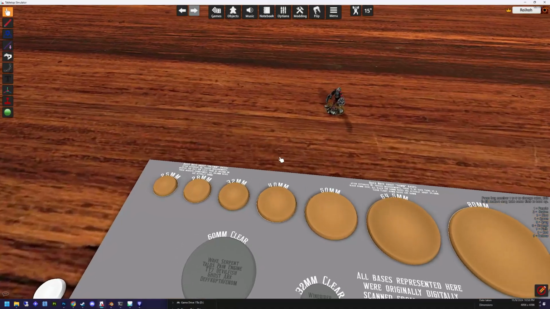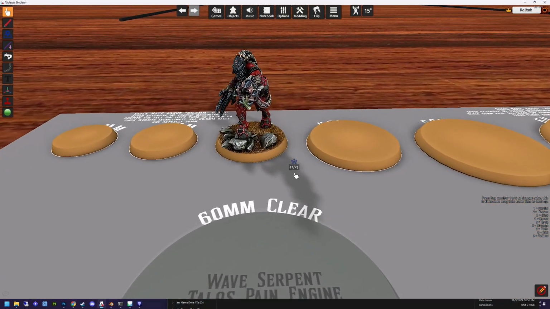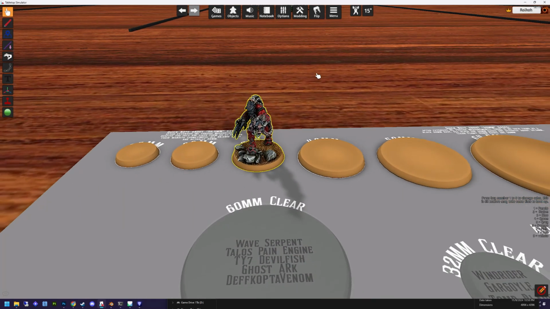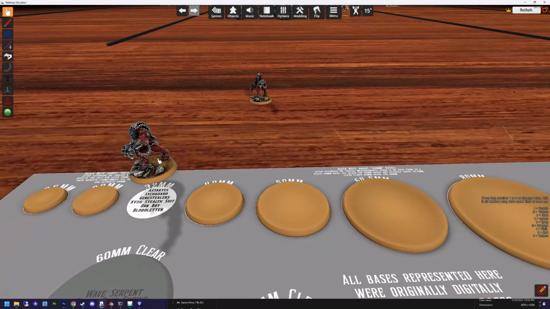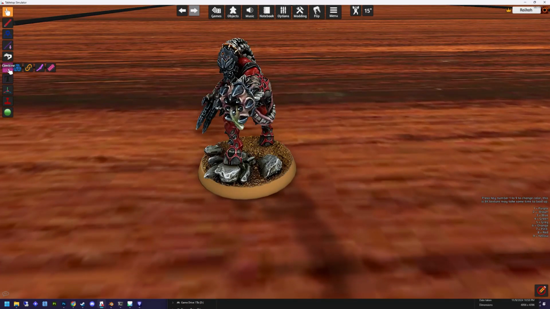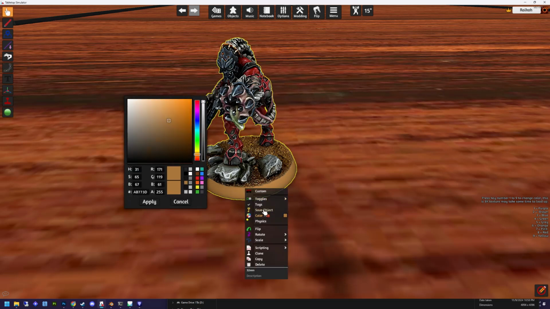So let's stick it on a base. That was 32. So there it is. And I have it set up so it snaps nicely to it. I'm just going to go ahead and copy these so I can keep that base there. Now you want to either hold Alt and select both of them and then click the base, and that will combine them. Or you can just click and drag from there to the base. Either way, you want to make sure the base is the thing that it's being attached to, because now you can go in here